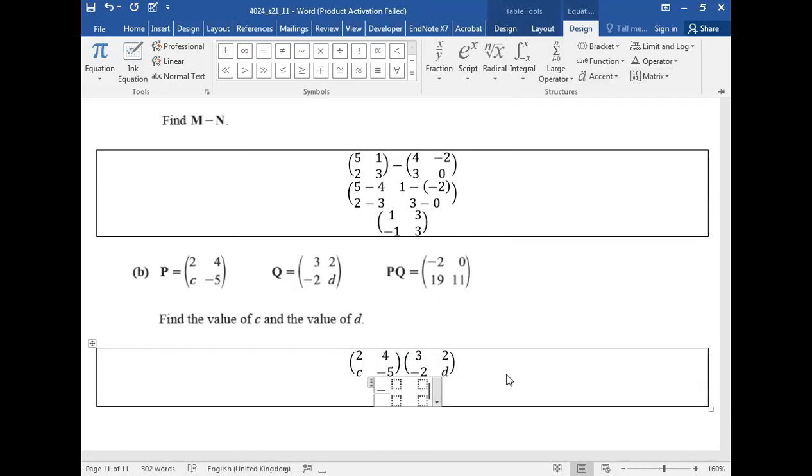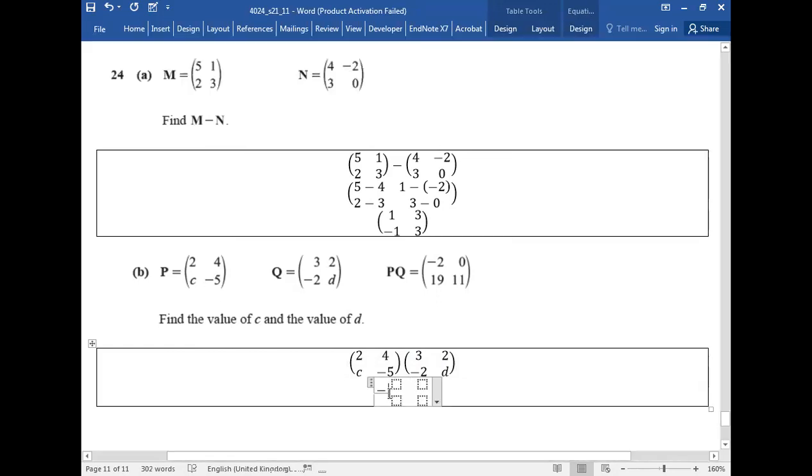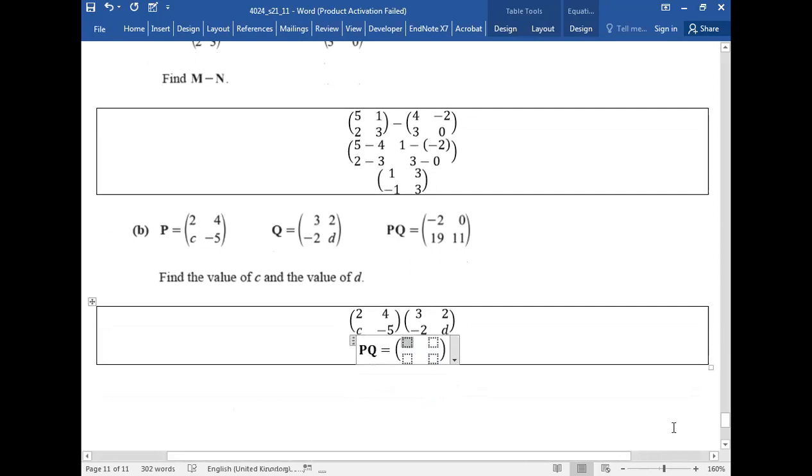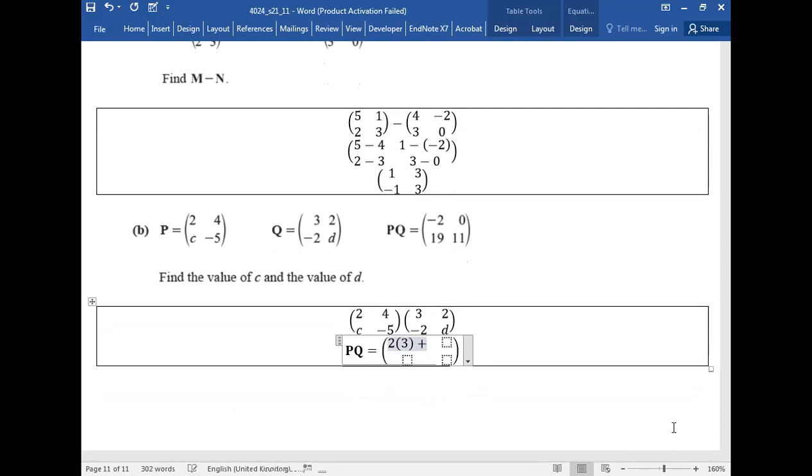How do we multiply matrix? First, let's multiply the first row with the first column. The first row is 2, 4. 2 will multiply by 3 plus 4 will multiply by minus 2. Then first row and second column. So take the first row and multiply it by the second column. 2 will multiply by 2 plus 4 will multiply by